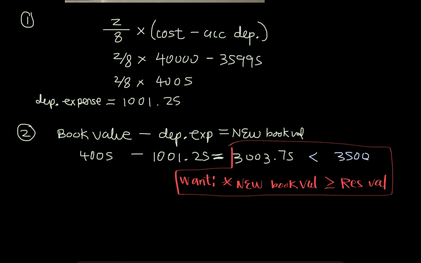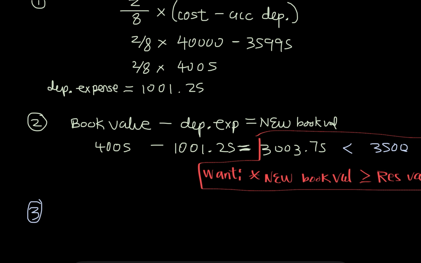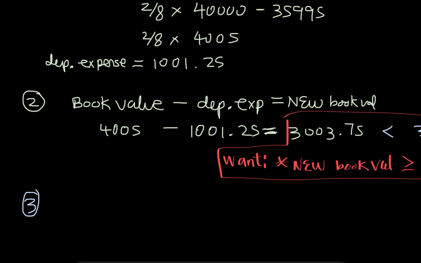Because in this case, it is not greater, we have to do a third step. If the new book value was greater than the residual value, then we would confirm that this is our depreciation expense for that year. But because it's less than the residual value, we have to make an adjustment. That means 1,001 cannot be the depreciation expense because it brings our net book value for the next year lower than the residual. So the third step